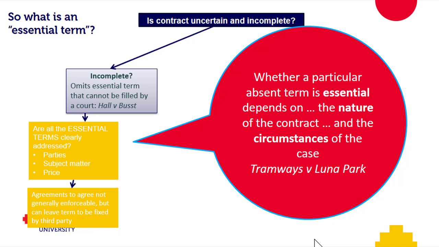2 years into the contract, they said, look, this isn't working for us. Our advertisements are not on the trams for 8 hours every day. And Tramways Advertising didn't control the trams. Okay? Part of the problem arose because there's a third party involved. And it said, well, hang on a minute. They're on the trams that are out and about for an average of 8 hours every day. If we look at all of the times that they're out and about, it averages out to pretty much 8 hours a day. So we haven't breached our contract, so you're purporting to terminate. We need to have the balance of payment.